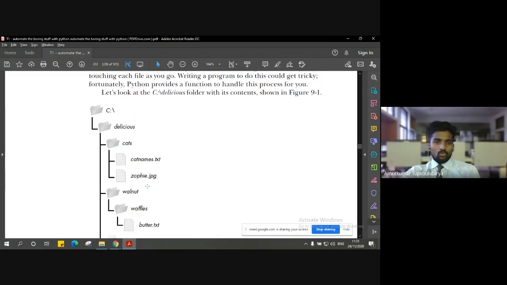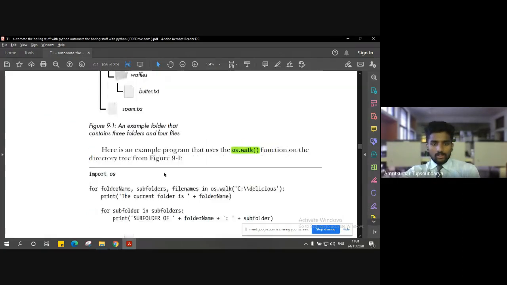Right. So in order to walk through this complete directory tree, the command that you have to use is os.walk. os.walk is a function provided by the module called operating system. So in order to use this function, you have to import the module OS, so import os followed by the command os.walk.